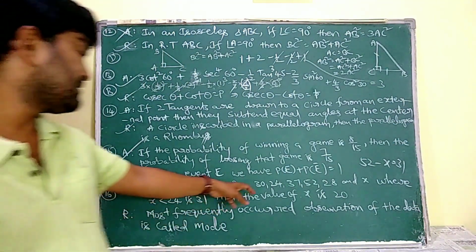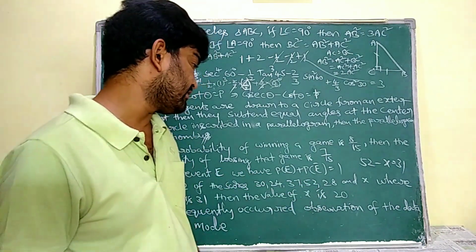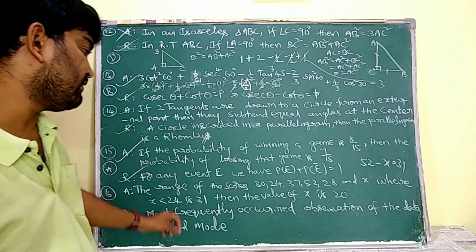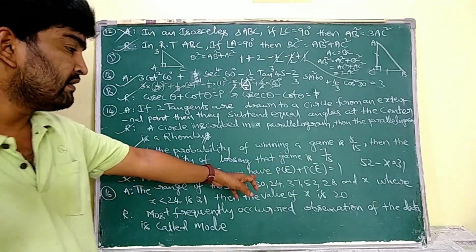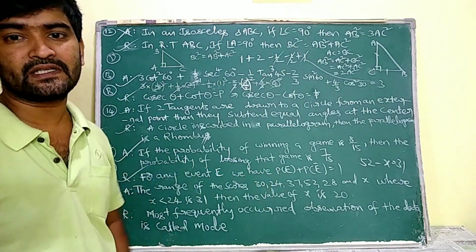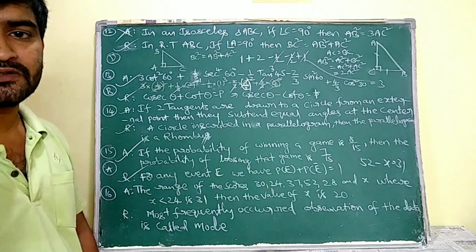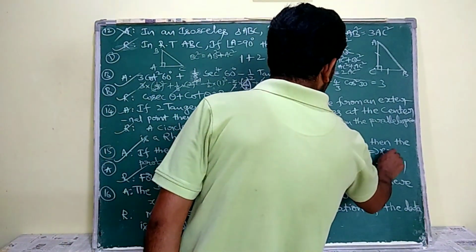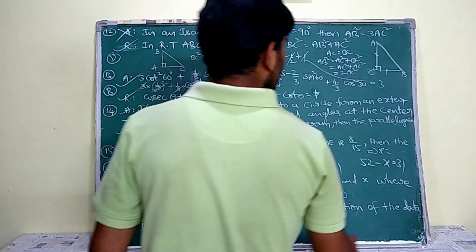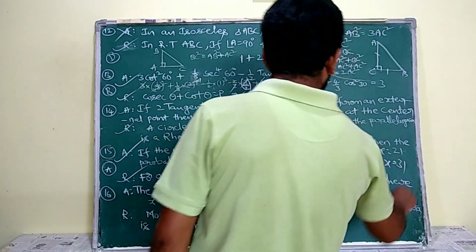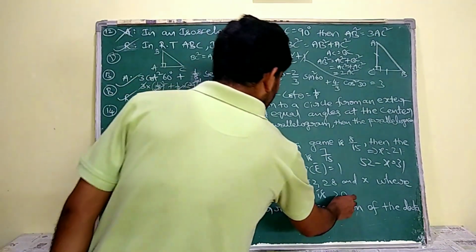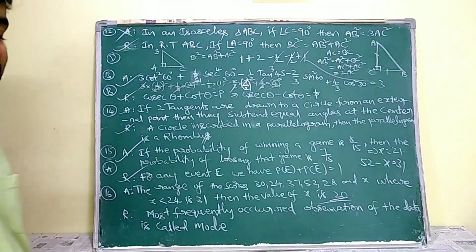See ma, here the maximum value is very clear to us, that is 52, and the minimum value here is X. Why? Because the data says X is less than 24. For observation, 24 is the least, but X is less than that 24, so X is the least value. So what is the X value? X is equal to 52 minus 31, that is 21. 21 is our X value. But here the X value is mentioned as 20.